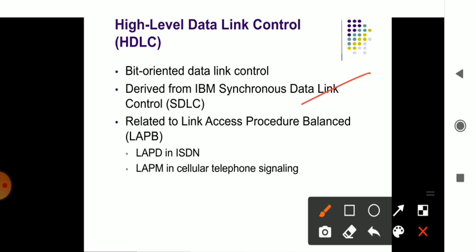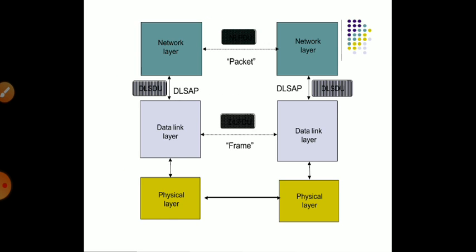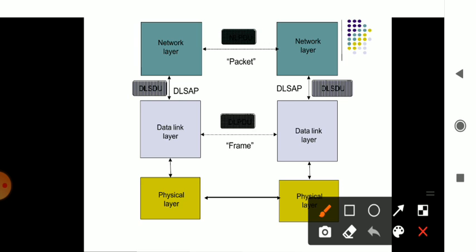Okay, balanced link format, it will have that procedure, that it will be of the ISDN, the integrated secondary device format it will be using. Then cellular telephony signals are used in the HDLC. Remember, HDLC means telephonic conversation, whatever information is being transferred, it is through the telephonic conversation. It will be using the modems to get the information transmitted from one area to another area. So this is how the HDLC works. It is the working within this area.